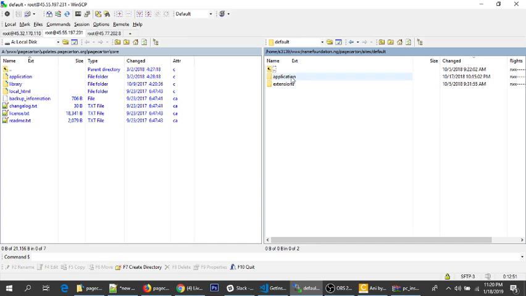Now if you have multi-site, your multi-site will be inside this application as well, inside the default application, or they can be inside this sites directory. You can create other sites apart from the default, and they are going to be here inside this sites directory. Then your temp is where